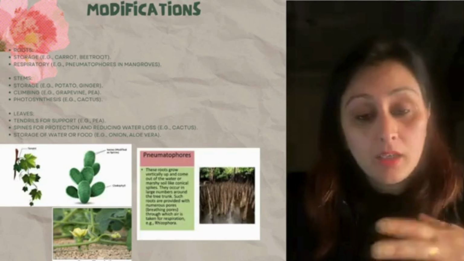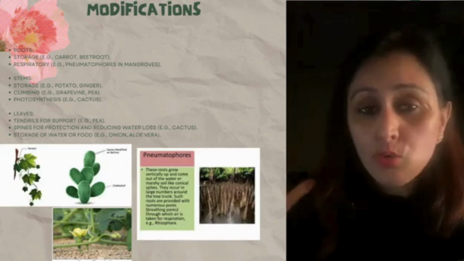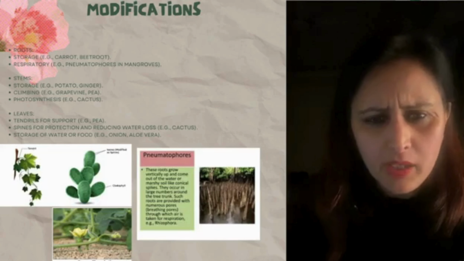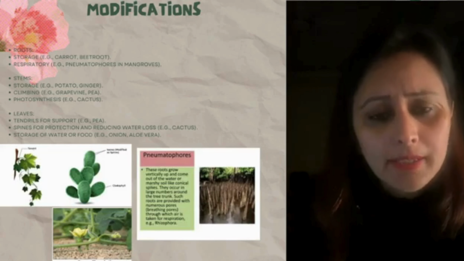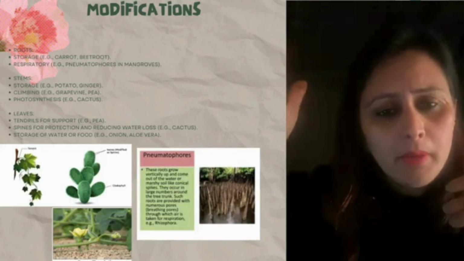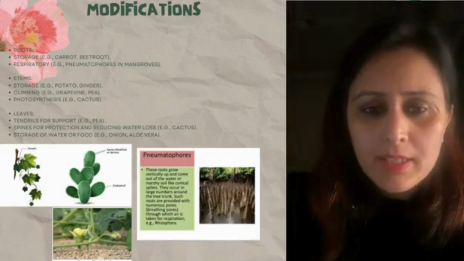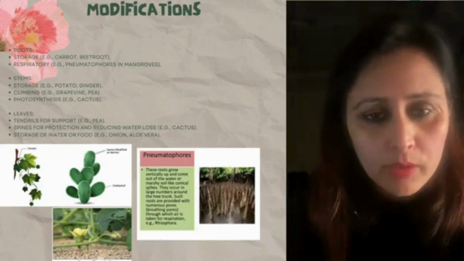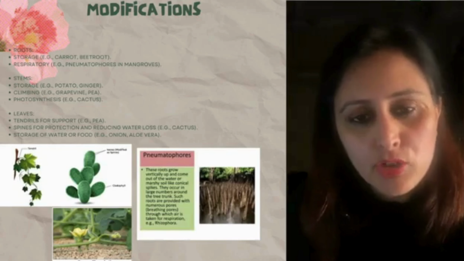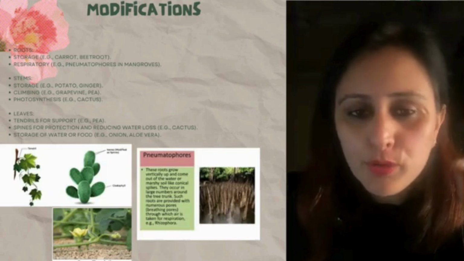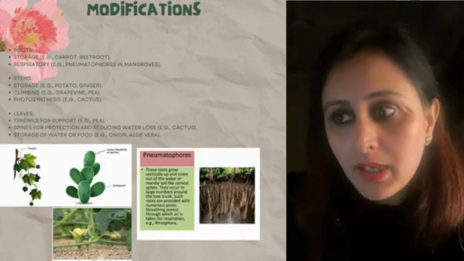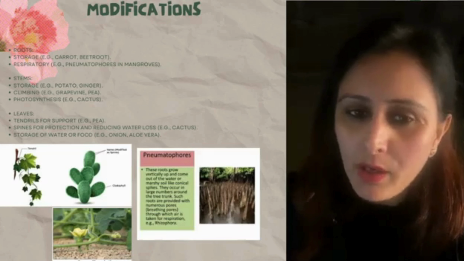Since pumpkins and watermelons are huge in size, big and very heavy, they cannot be grown with the support of something, so they creep along the ground, right? So that is another modification seen in the stem, which includes both creepers and climbers. And of course the photosynthesis, we have talked about it